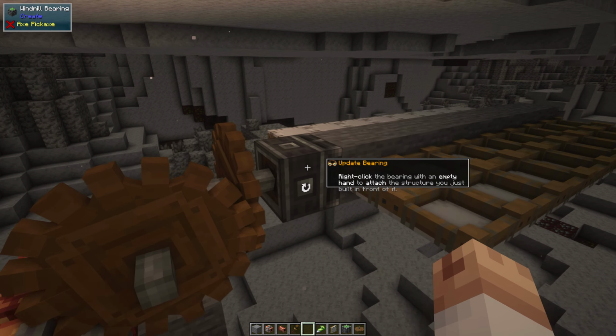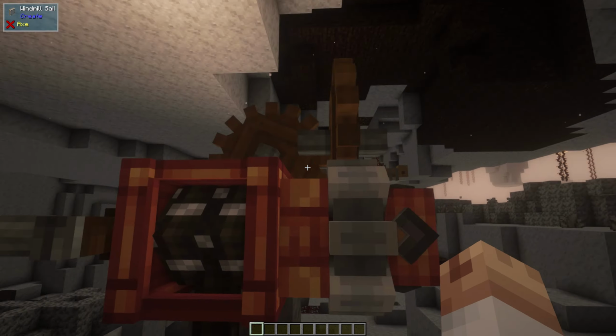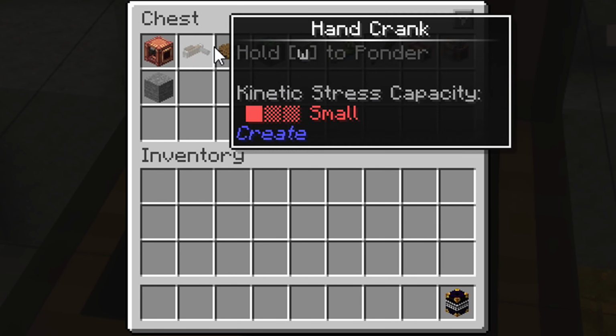So we don't want that. We want to turn it off first because this part here is not done yet. Okay, so to finally wrap things up, what we're gonna need is our ender tank and of course our fluid